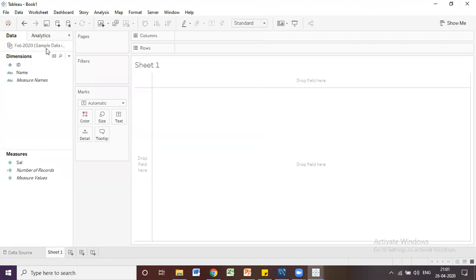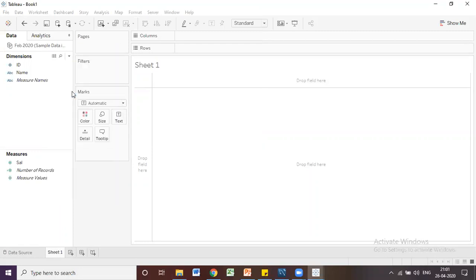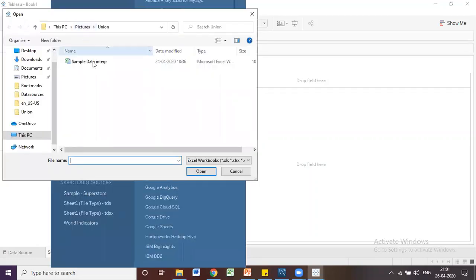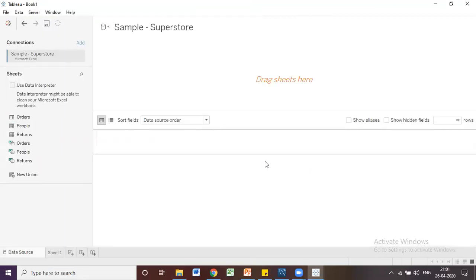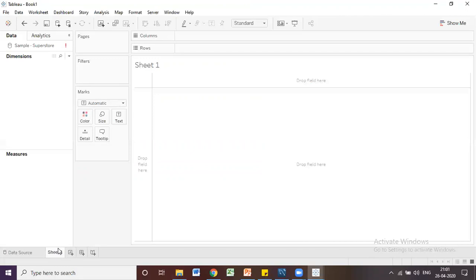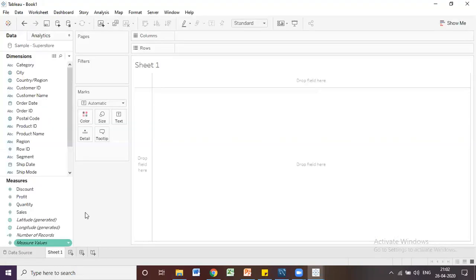Now we will see what is a dimension and what is a measure. Now I am closing this connection. I am going to connect to the Sample Superstore which Tableau provided. Let's go to orders. Let's go to sheet.